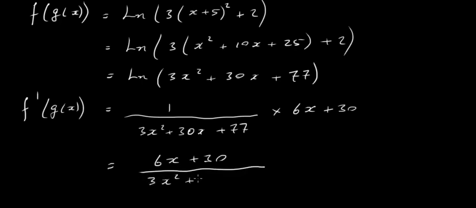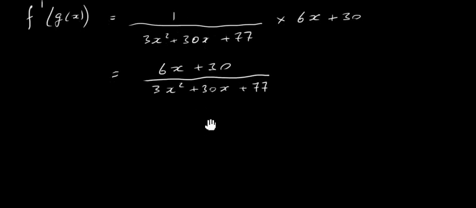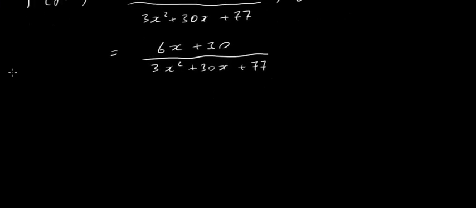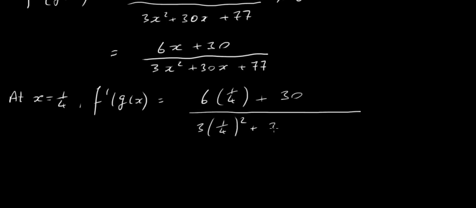Now we were asked to find the derivative of this function here, when x is equal to a quarter. So in other words, we've got to stick a quarter in here for x. So let's do that. So at x is equal to a quarter, the derivative of f of g of x is going to be 6 multiplied by a quarter plus 30 all over 3 times a quarter squared plus 30 times a quarter plus 77. Okay, so look, this really is just a case of using your calculator to multiply all this out. I'll do it in a couple of steps, but